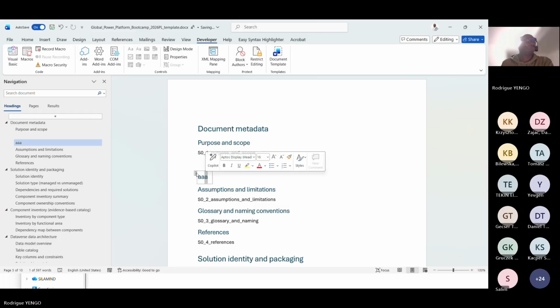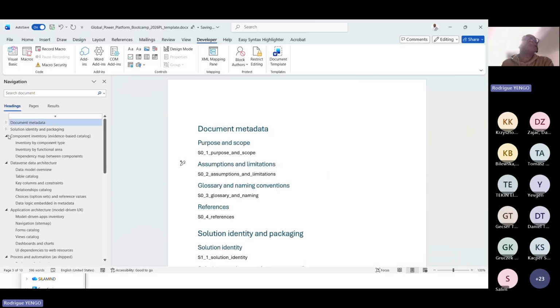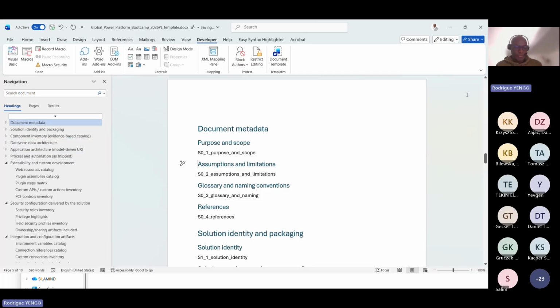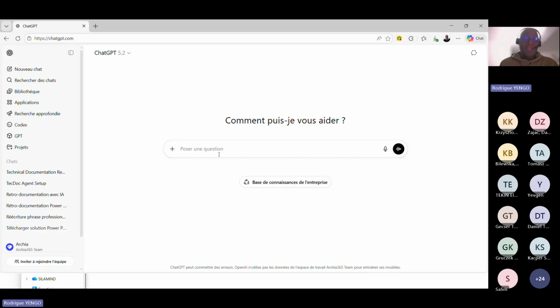So you will ask me how I have organized all my content. Most of the time, I go to ChatGPT. I'm showing ChatGPT just to show you how I started this process when I was working on a project and I had no documentation. I ask it,